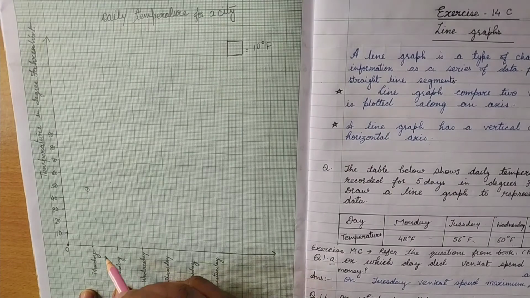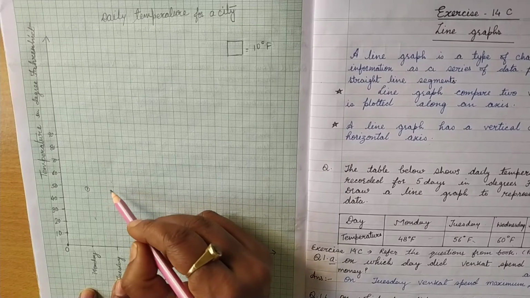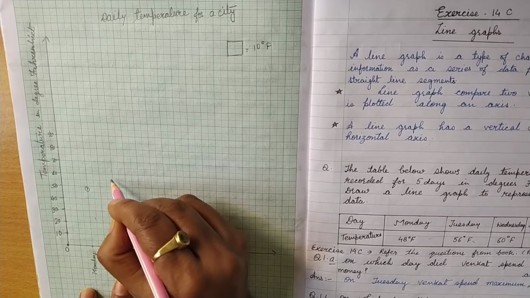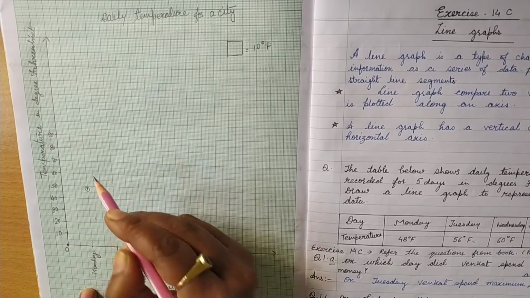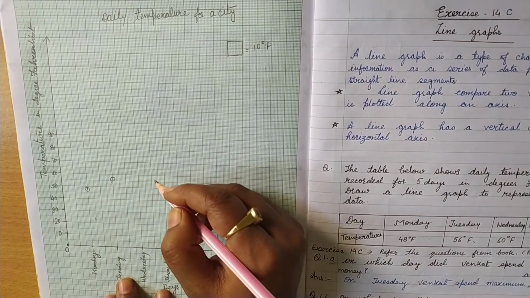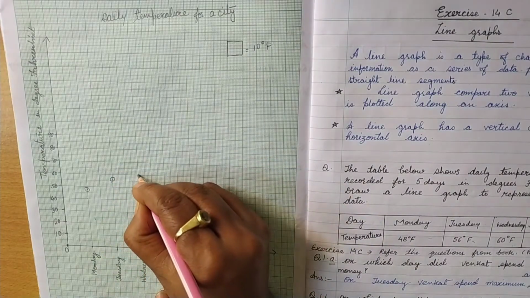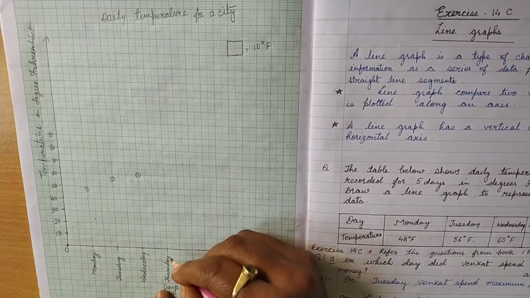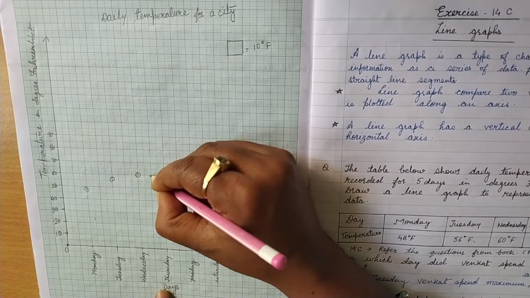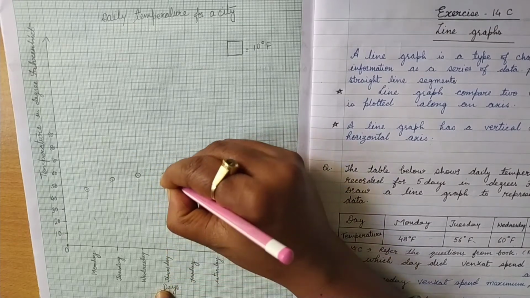Now Tuesday the temperature is 56 degrees, so I will move to the 50. This is 50 on Tuesday, and then we count up the squares: 1, 2, 3, 4, 5, and this one is 6. Clear? So this dot is at 6. Circle this dot. Wednesday it is 60 degrees, so you reach 60. Make a dot, make a circle. Thursday it is 65 degrees, so 65 is just this one, half of the full. So this is 65, this is Thursday, so I will mark it here.